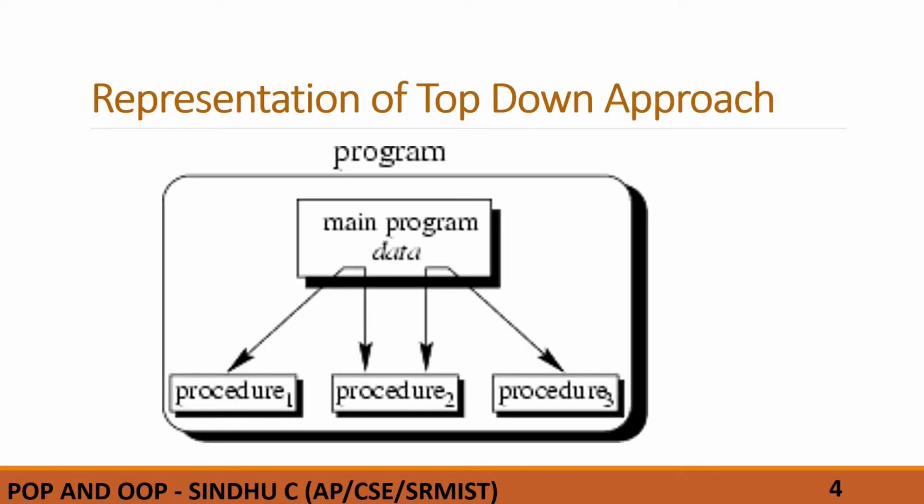This is how a top-down approach program looks like. At the top you have the main function, and then you have the sub functions or the other functions written at the bottom of it. As the execution always starts from the main function, the lines in the main function get executed, and if there is a function call, then that particular procedure which is at the bottom gets executed, then the flow goes back to the main function. Again it keeps repeating, so finally the program terminates in the main function only. Generally execution starts in the main program and ends there.